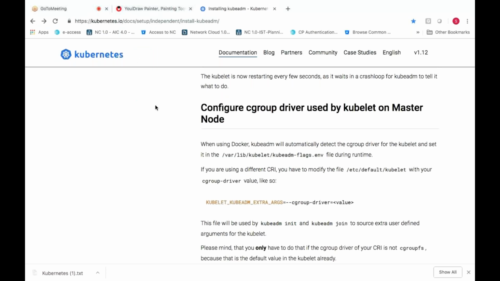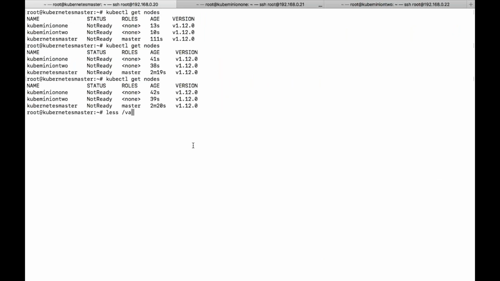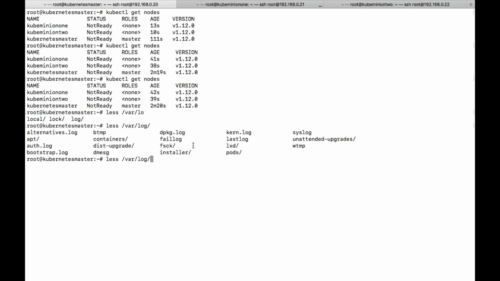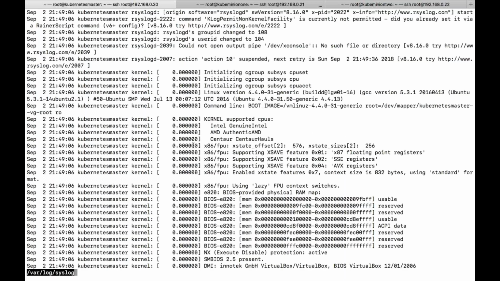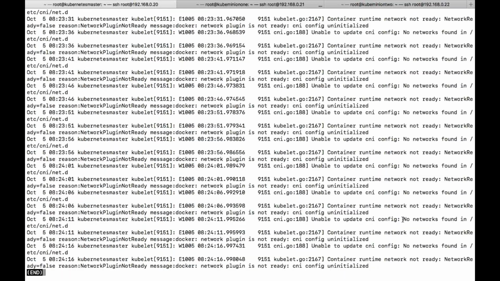Let's check the logs. Unable to update CNI config. No network found in container runtime, network not ready.